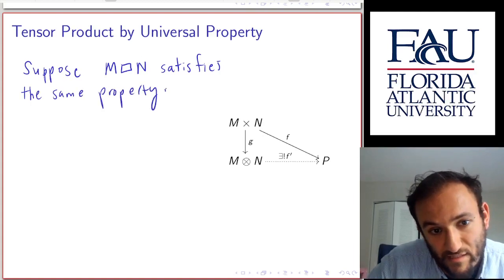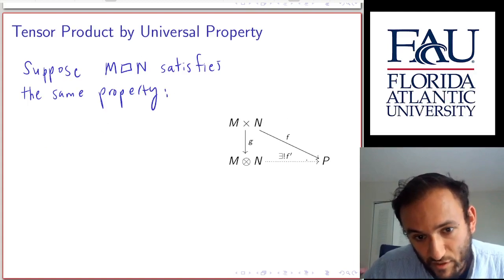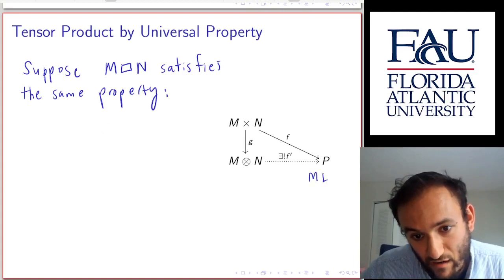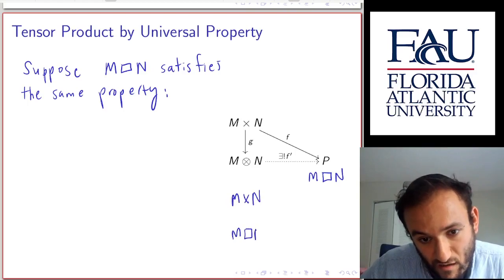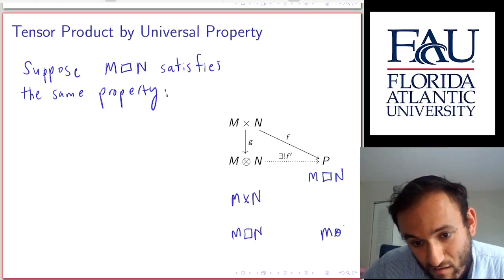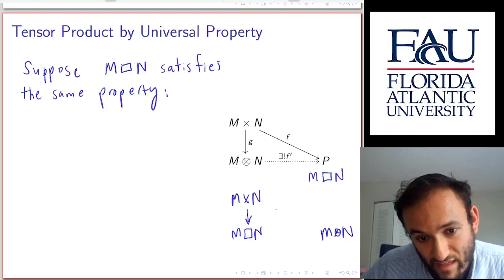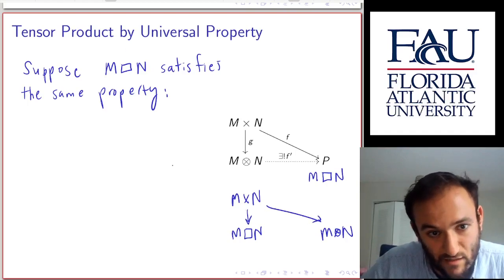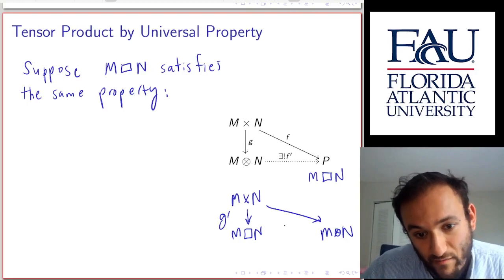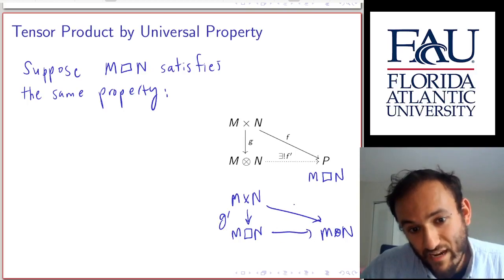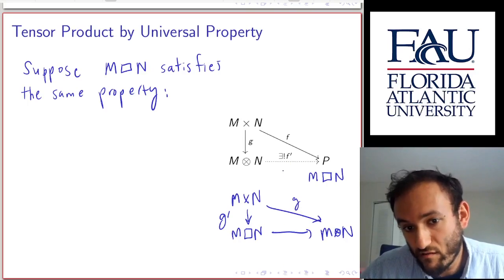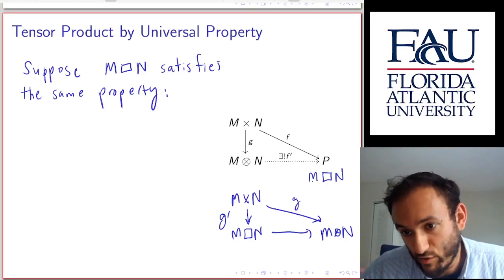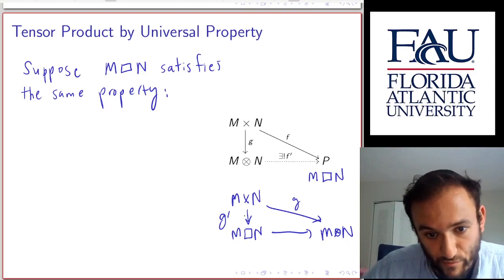Well, then I can copy this diagram, put M square N here and M tensor N here, and let's say there's a G prime for M square N. So this diagram tells me that each of these forces a unique A-module homomorphism here. Okay, so